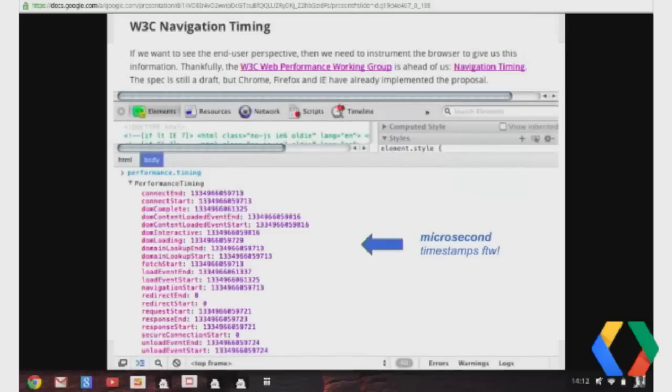So the cool thing is if you're using Chrome, Firefox, or IE, you can actually open your developer tools and type in your console performance.timing, and you'll get this object back. And some of these labels here, actually all of them, correspond to the labels that we saw in the previous diagram, right? And the W3C guys are serious about web performance because they actually went for the microsecond granularity, not even milliseconds. Forget milliseconds, we're optimizing at microsecond level here.